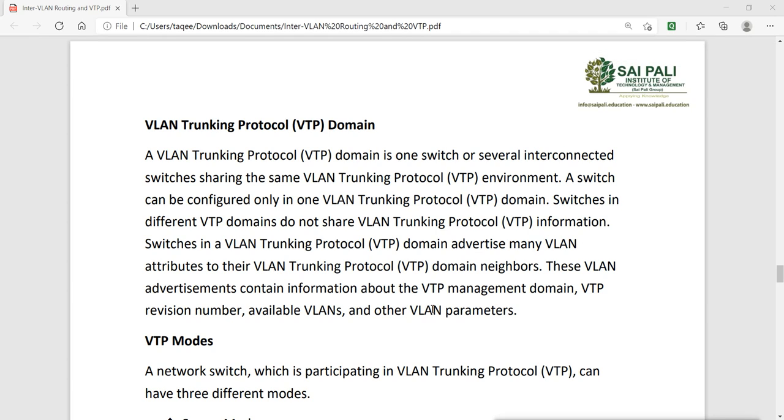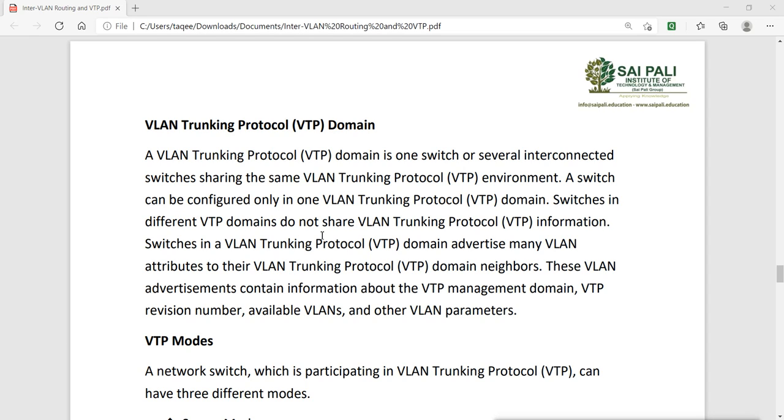By default, suppose you have 50 switches, and on all those switches you want to create 10 VLANs. What you can do is go to each and every switch manually and create those 10 VLANs on every switch. This can be a big task, because you have 50 different switches.